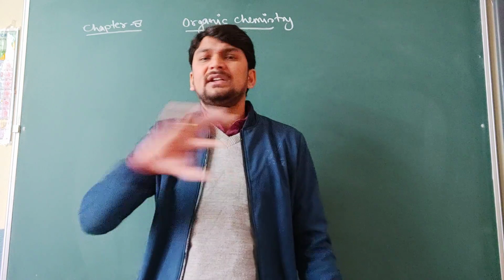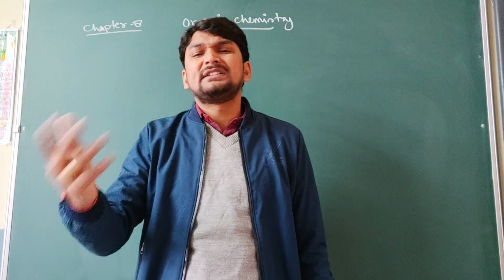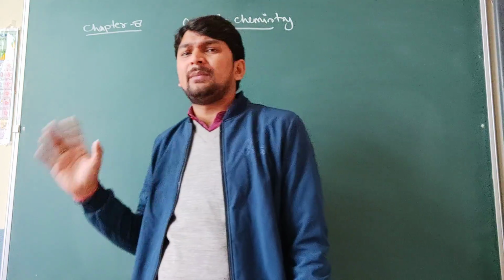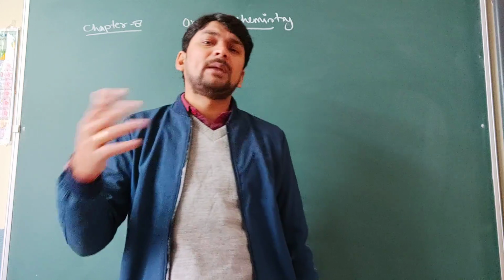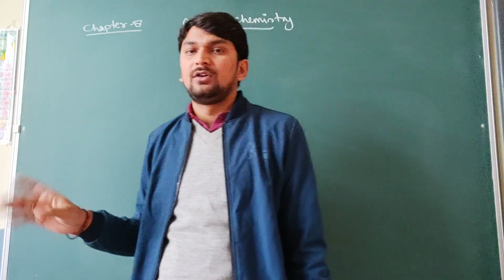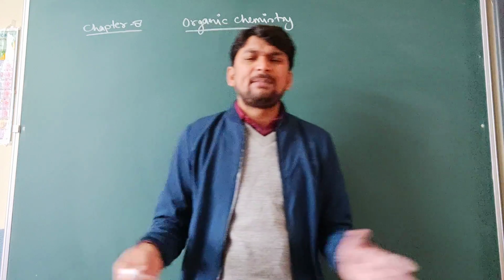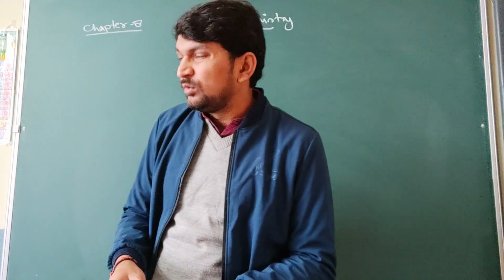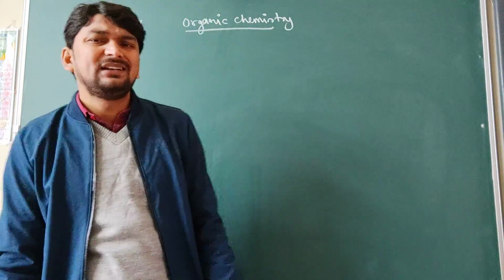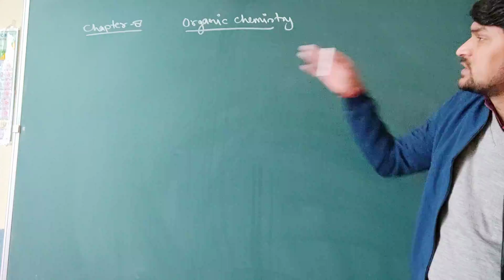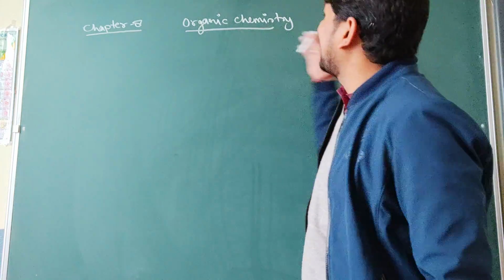In alkene nothing is there, and in alkyne only the normal information is there. So in both, alkene and alkyne, only the normal information. No chemical properties, no physical properties, no usage and no preparation is there. Okay, so it is a simple chapter, and the chapter is not very big, because last year it included a lot of points, but this year a very small number of points are there. So we are just going to discuss chapter number 8, organic chemistry.